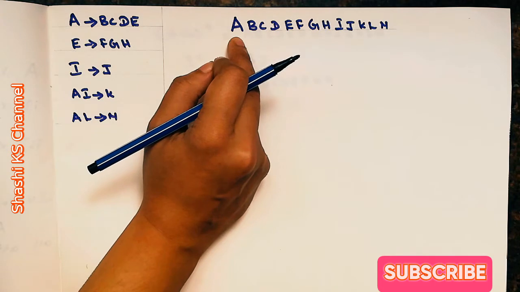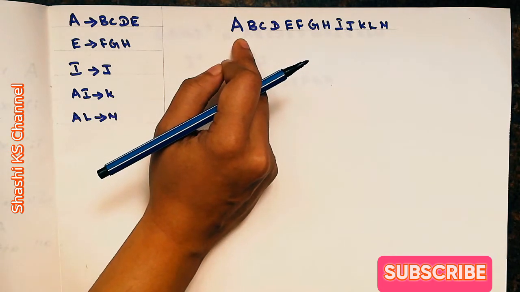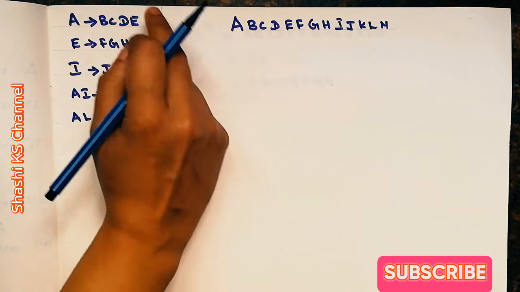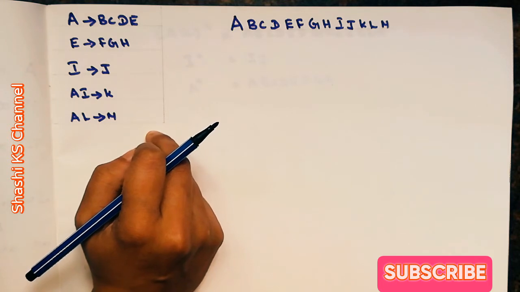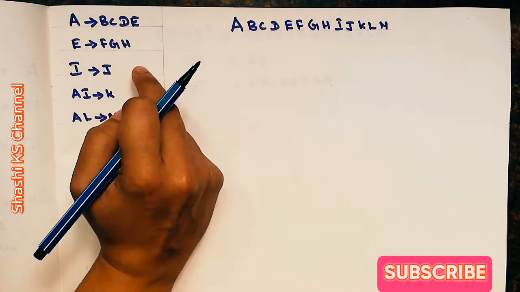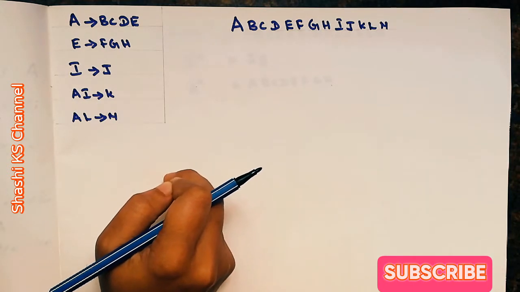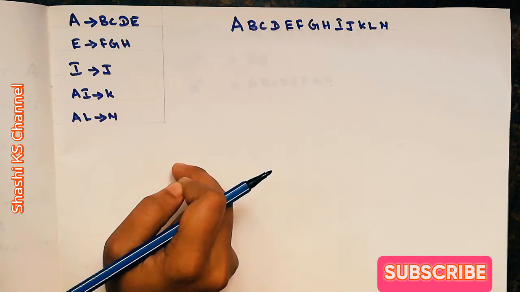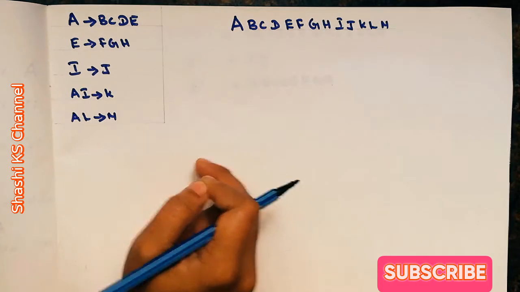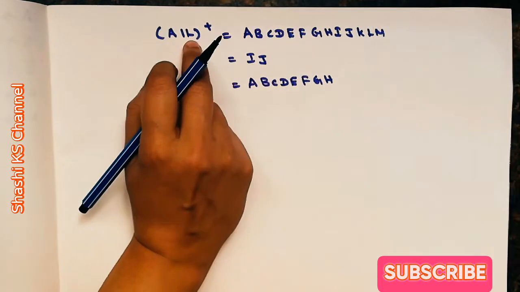So what is the first step? The first step is you have to find the super key for this relation. How to find the super key? Just check out the right hand side. There is no way by which we can derive or determine A or I or L in this set of functional dependencies, right? So with any attribute you cannot derive A or I or L. So definitely A and I and L should be there in your super key or the candidate key. So apply the closure on AIL.